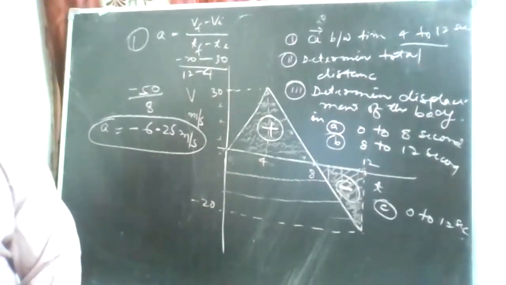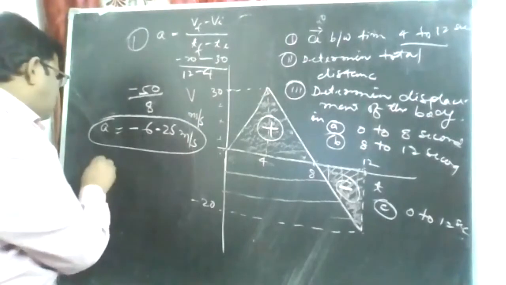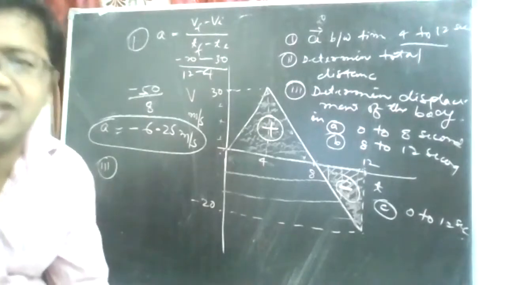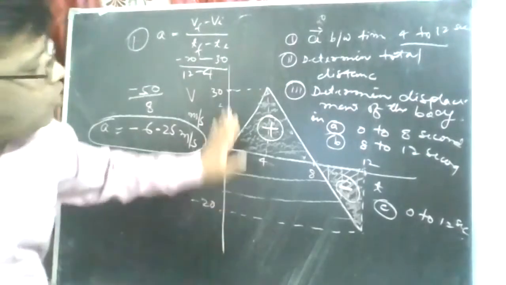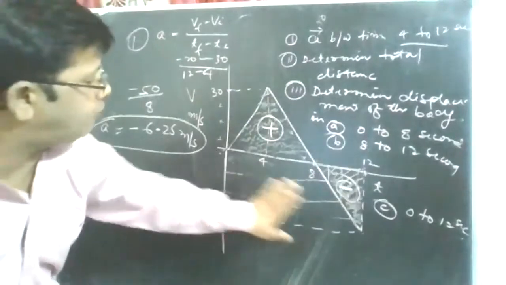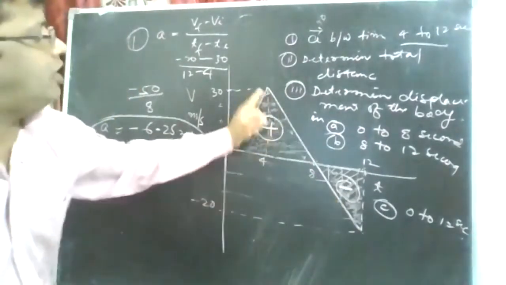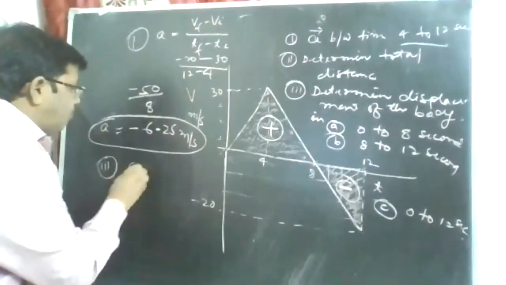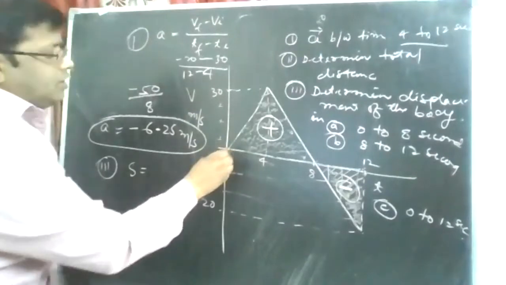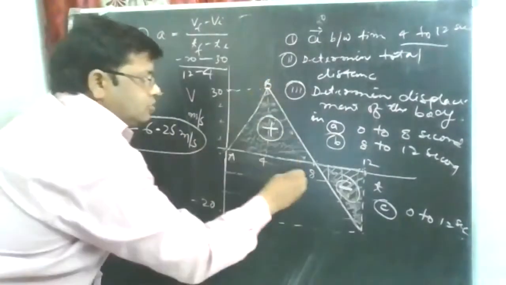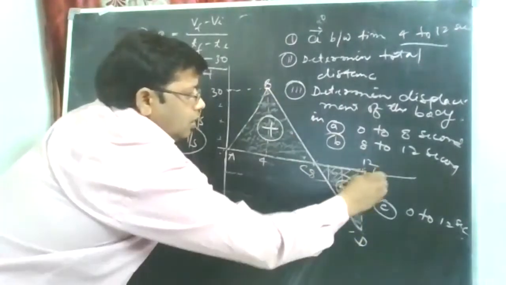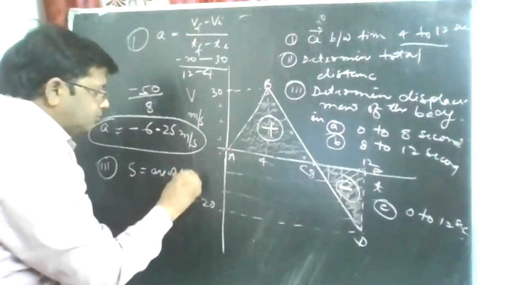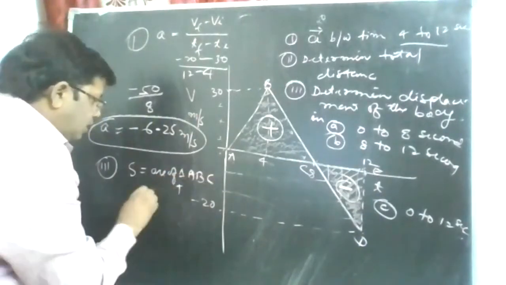Determine the total distance moved by the body. What is the total distance? Distance is not a vector quantity, it is a scalar quantity. So beta, you have to determine the total area below the graph. Total area below the graph is the area of this triangle plus the area of this triangle. So the distance moved by the body is the area of triangle ABC plus the area of triangle